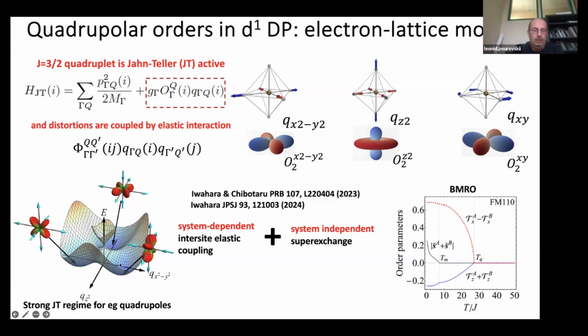So you have some kind of fluctuations above transition temperature between different distorted configurations. So you have either compression of octahedron along X, along Y, or along Z, and so octahedron fluctuates between